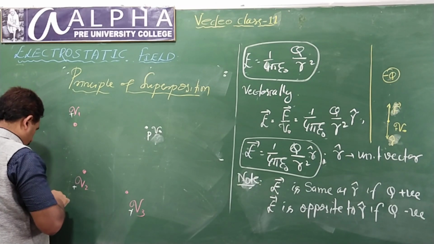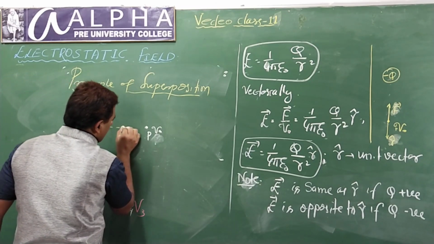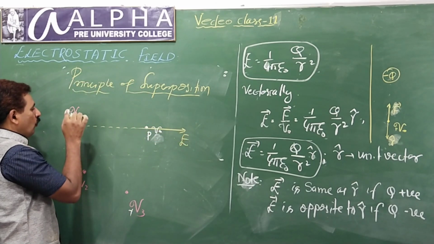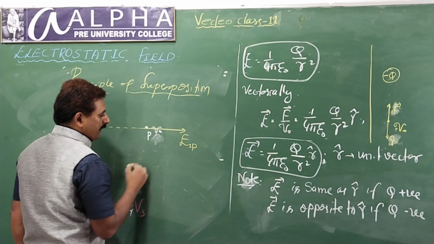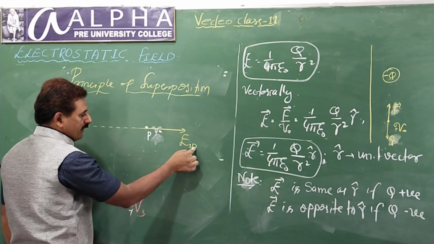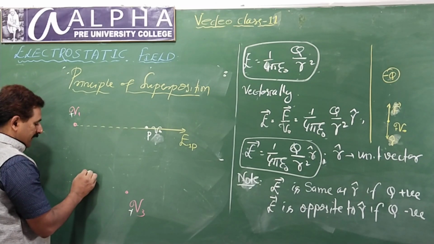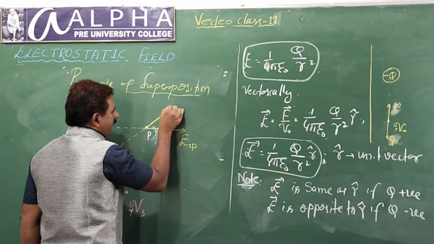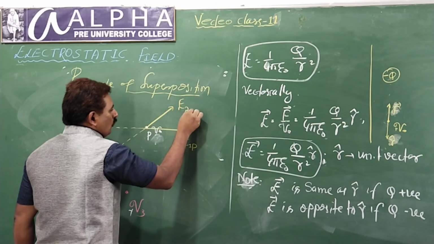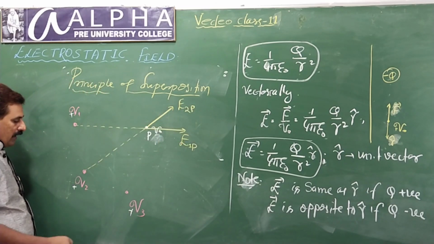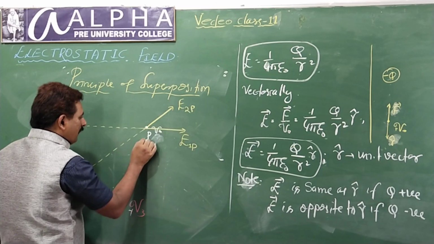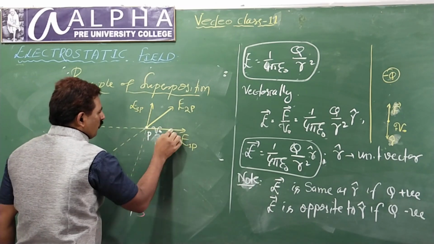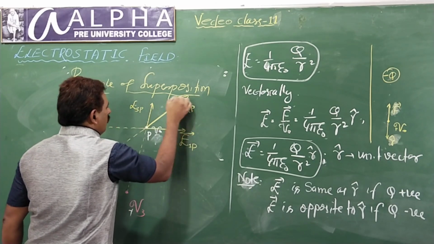The force exerted by Q1 is shown how? First of all, you draw a straight line and extend. This is the electric field, the field of 1, at P. Similarly, what is the electric field due to Q2 at P? I write this way, electric field of 2 at P. Similarly, Q3, electric field of 3 at P. I have shown the directions, so write the directions also.